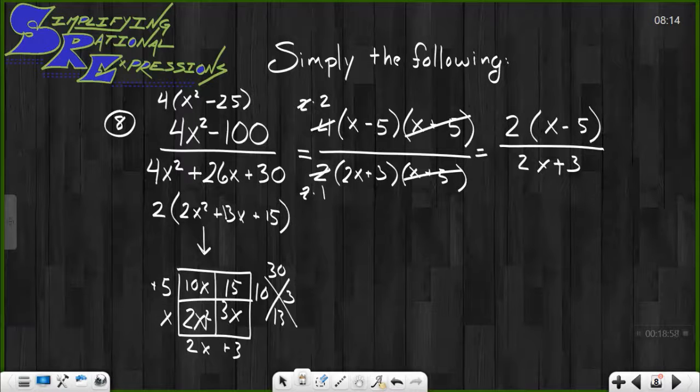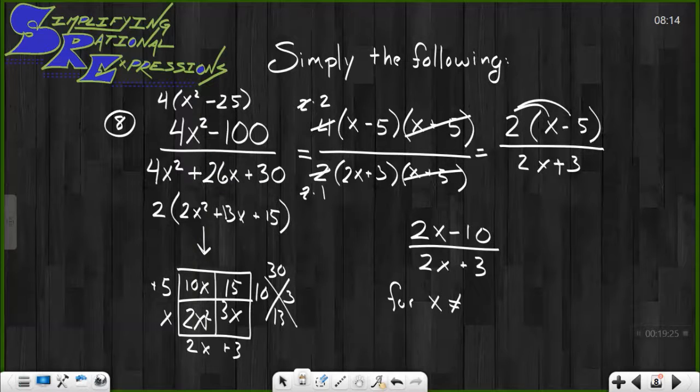To simplify that all the way down, I have to simplify the top, which is to multiply things back together. I want to multiply things back together here. In this case, that would simplify down to 2x minus 10 over 2x plus 3. And we have to state the cases where x cannot equal a certain number. We have to say